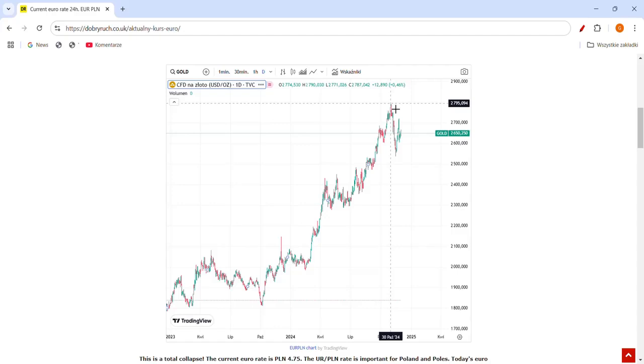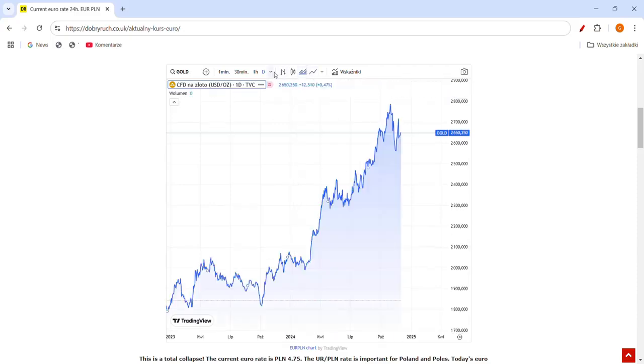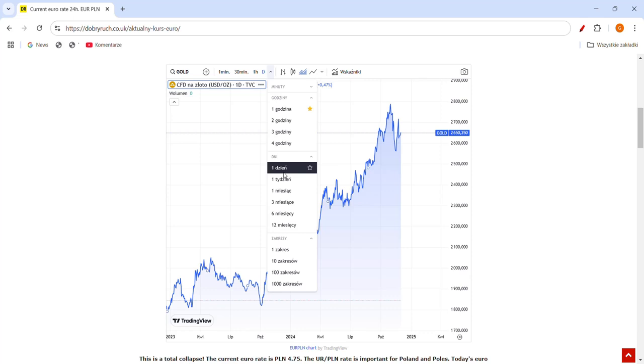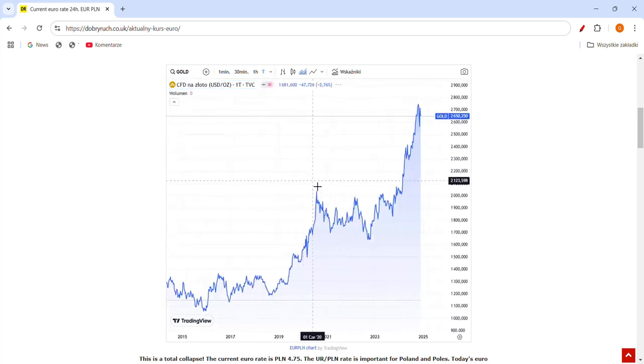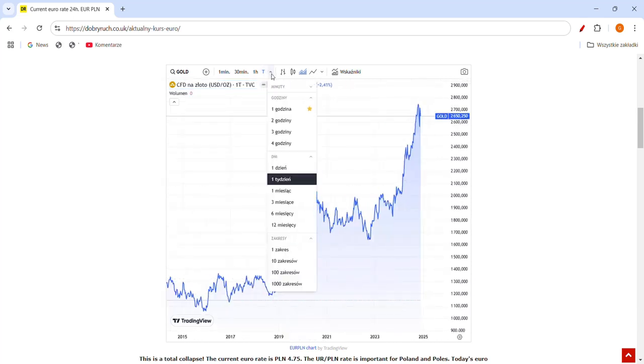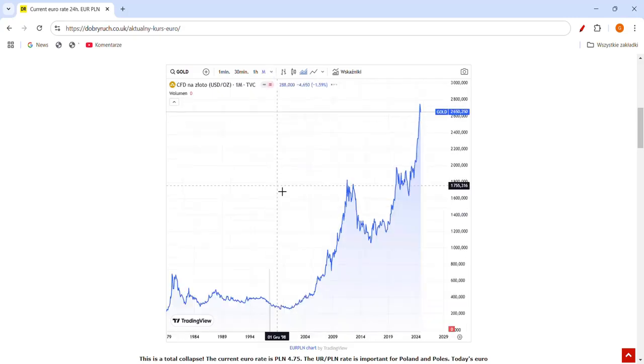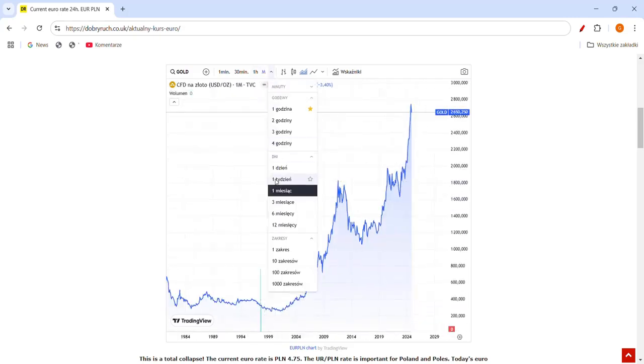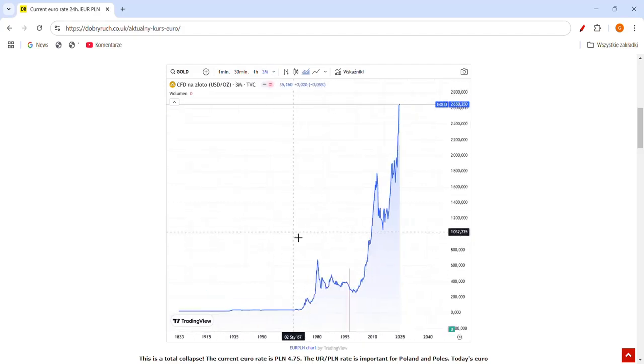Is it only currency that is losing so much to gold? No, actually, American dollar is not in such a bad situation, as there are major currencies which are even worse than American dollar. Actually, American dollar is in much better situation than British pound. If you look at this chart, you can see that American dollar lost almost 80 times, which is 8,000% since 1971 to gold. But if we check